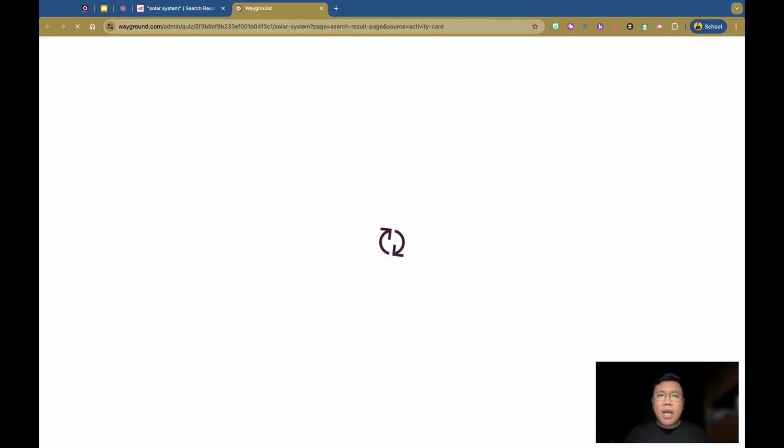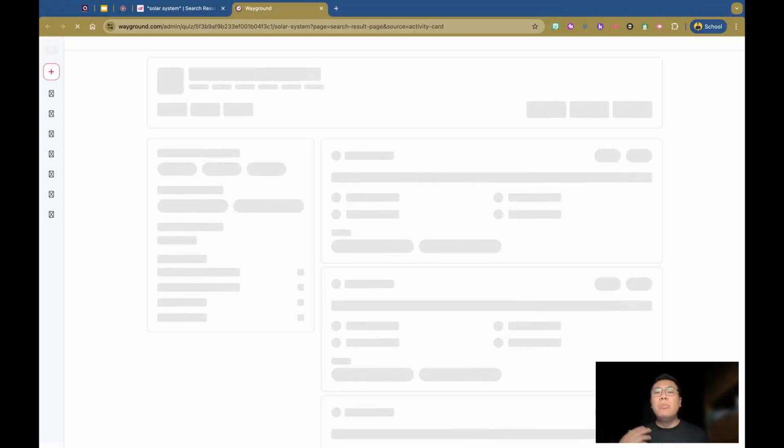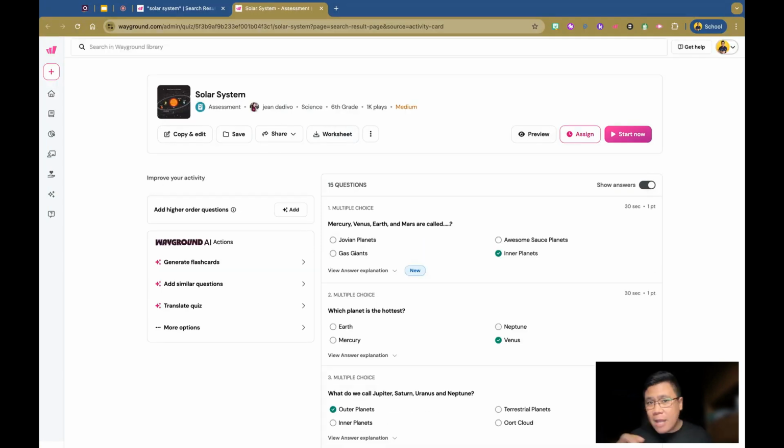One of my best practices in delivering a Wayground session is always cross-checking and double-checking all of the questions to see if they are compliant with the paper mode session. All of your questions should be in multiple choice question types.